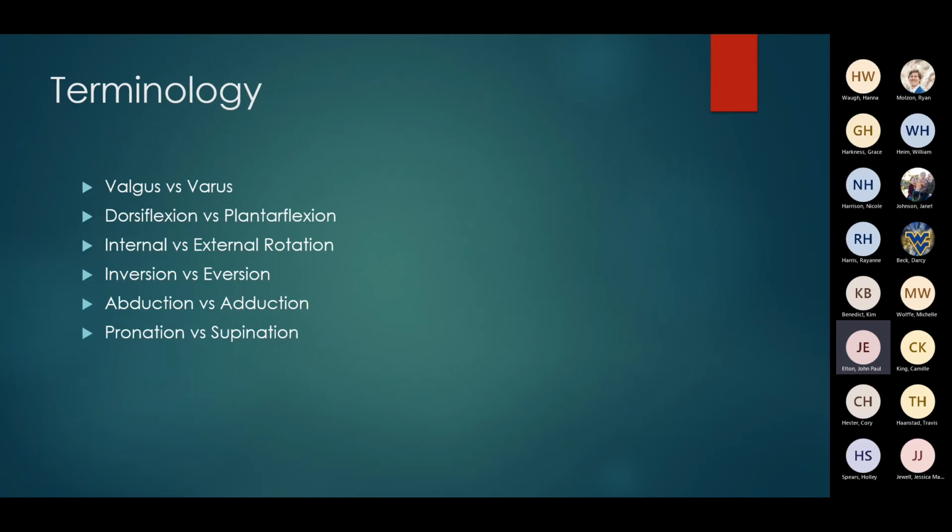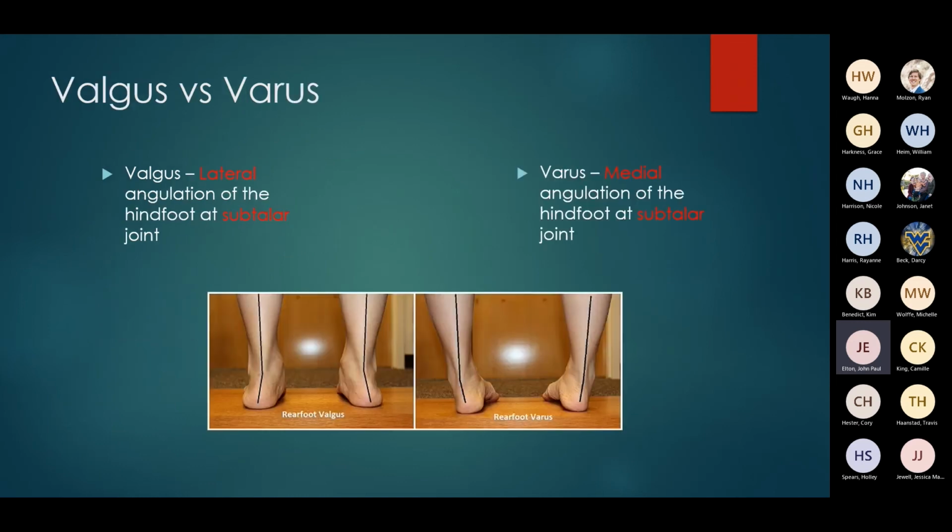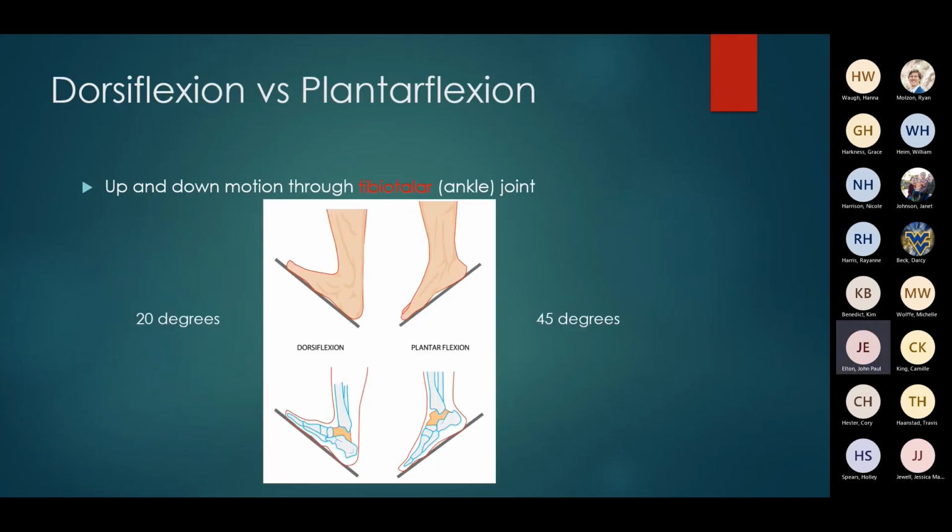Okay, internal rotation, that's pretty obvious. That happens about the tibial axis, and then inversion, eversion, and then pronation and supination. Well, I'll get into it a little bit. I don't want to get in the weeds with all of this, but pronation and supination is a little bit more. It's a three-plane motion, right? It's not just isolated to one joint, but this shows your typical motion for the tibio-talar